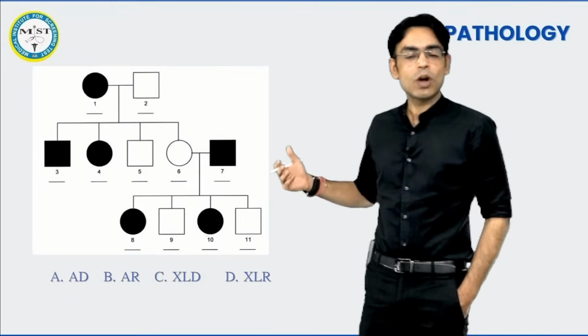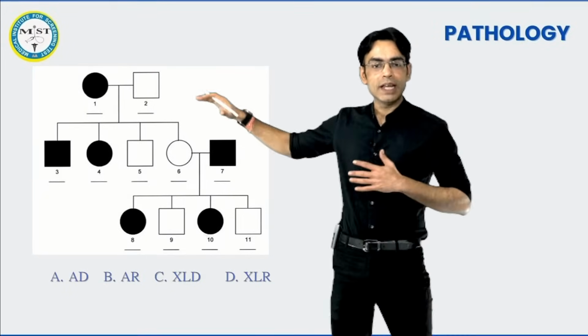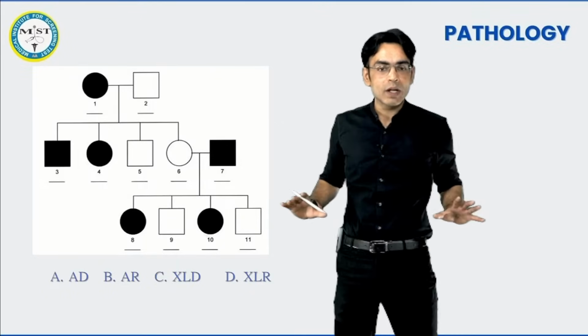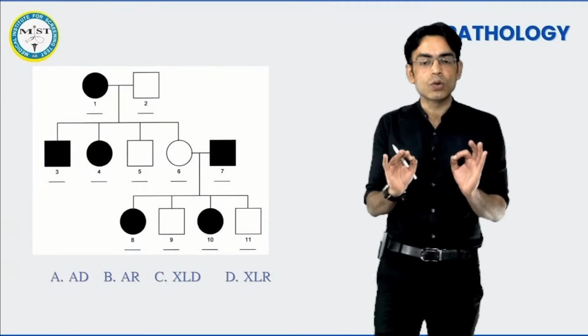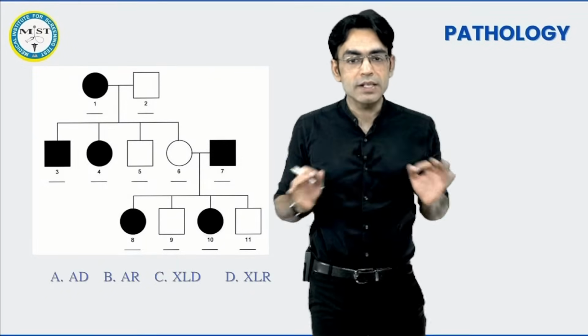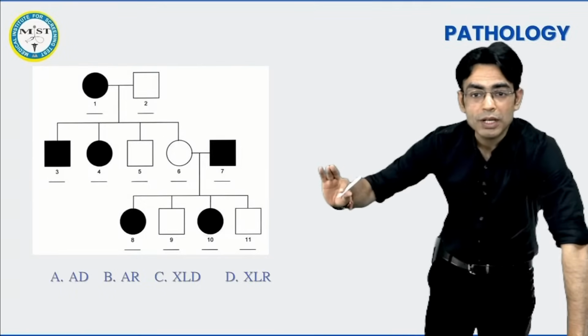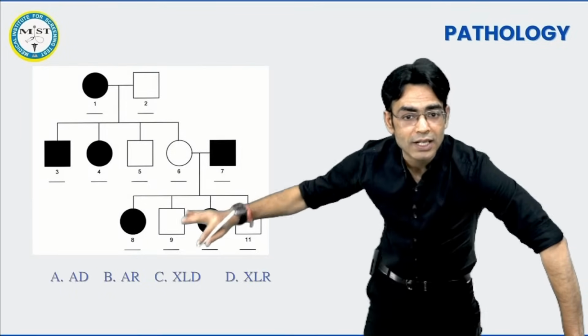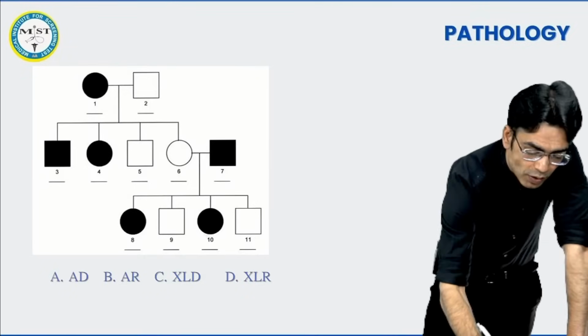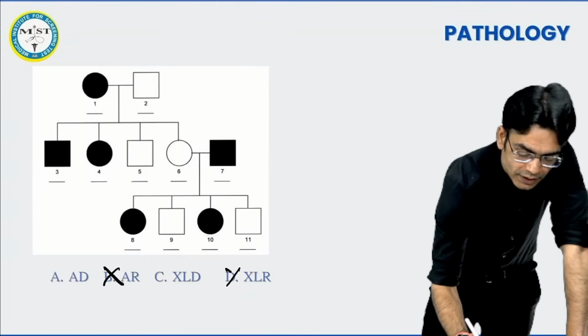ओके, तो चलो अपन देखते हैं. So you are saying, देखो एक चीज तो आप लोगों ने सबने, you people have done one thing right, that you people have understood कि भाई ये डोमिनेंट है, ये रिसेसिव नहीं है. So because there is no skipping of generation, यहां से यहां आ गई, यहां से यहां भी चली गई, so there is no skipping of generation, तो रिसेसिव वाला अपन कट कर देंगे.